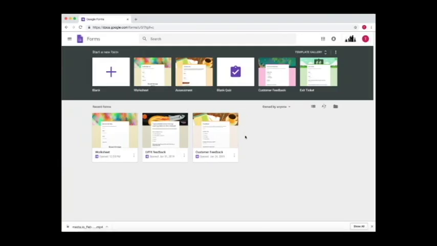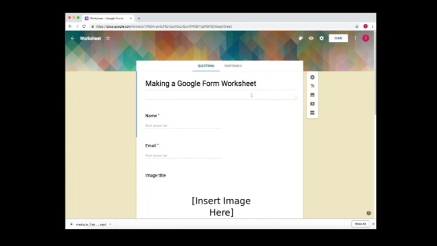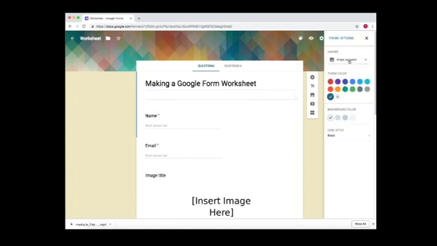Okay, so on Google Forms, I'm going to go to a worksheet that I made to show you how to change the background theme and color. So when we're on the actual Google form, all we do to change this image and background color is go up here to customize theme. And now it has an image already uploaded, and then I want to get rid of that and then choose